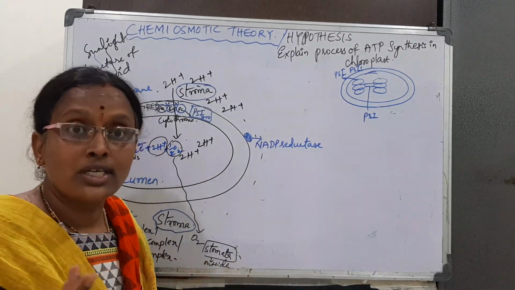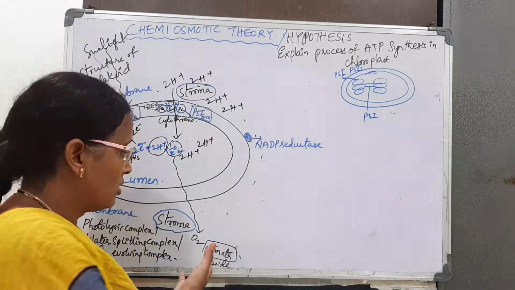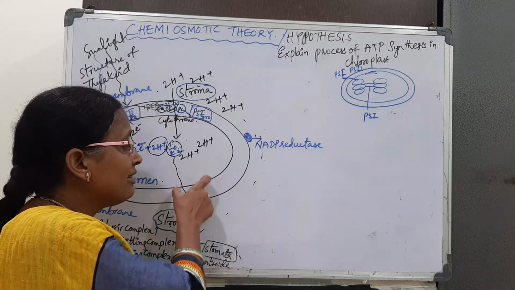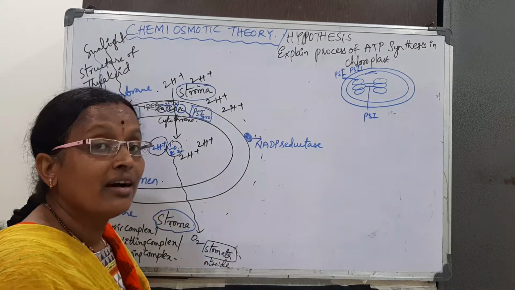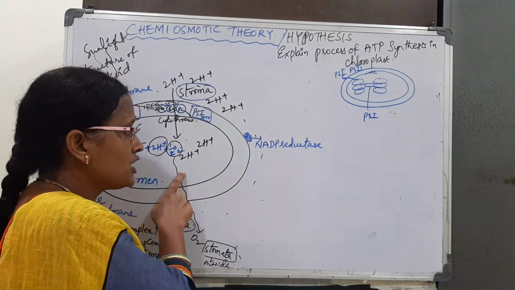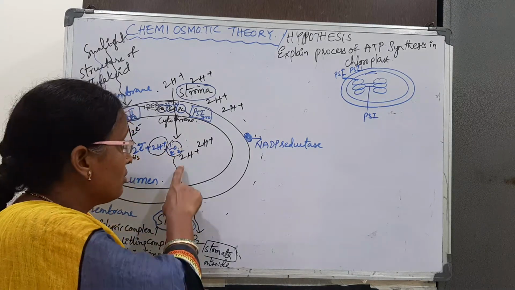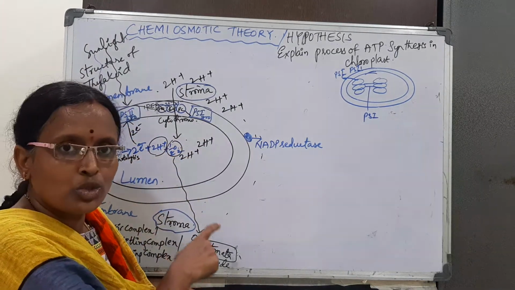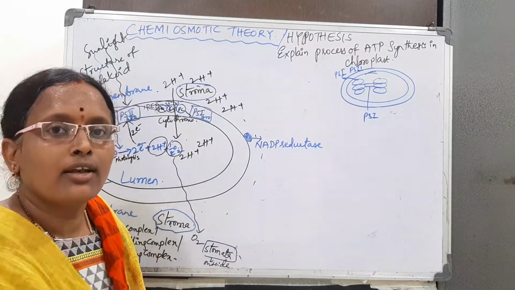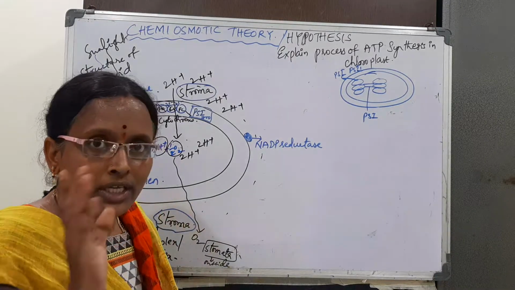This results in a higher concentration of protons than in the stroma. So if the concentration is increased, what is the process? They have to come outside, from higher concentration to lower concentration. But they will not come out simply; they come through special channels. Once again, proton concentration is increased in the lumen, so the next step is to send these protons to the stroma, through special channels. There are special proteins.